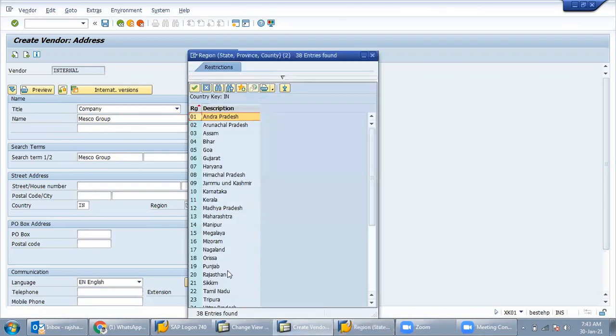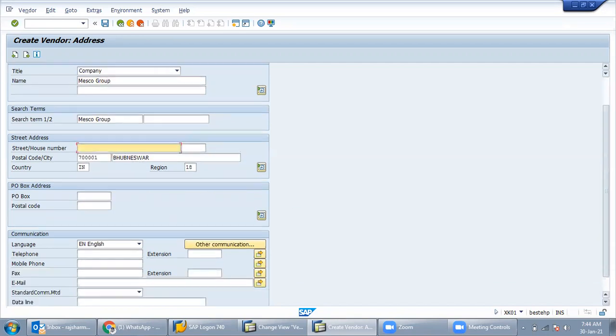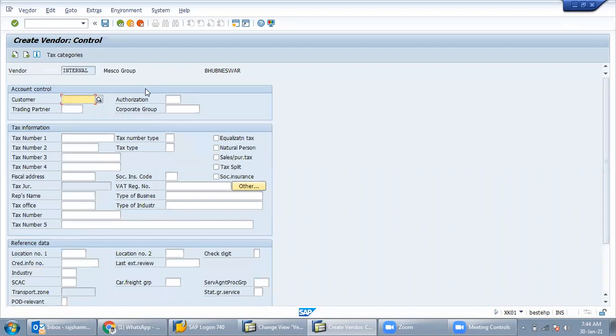Region is nothing but the state. 18 for Odisha. Suppose the city is Bhubaneswar. Enter a pin code. Now, if we need to feed the vendor telephone number, mobile number, and email address, we can feed all the details here. After feeding all the details, just press enter.